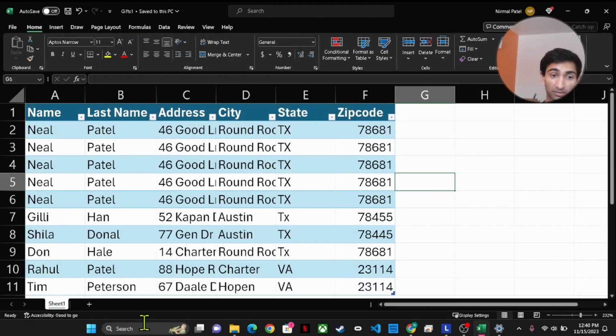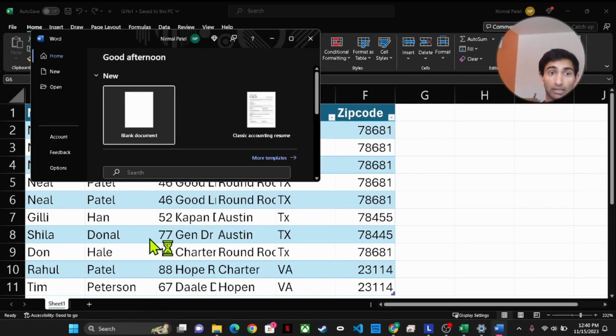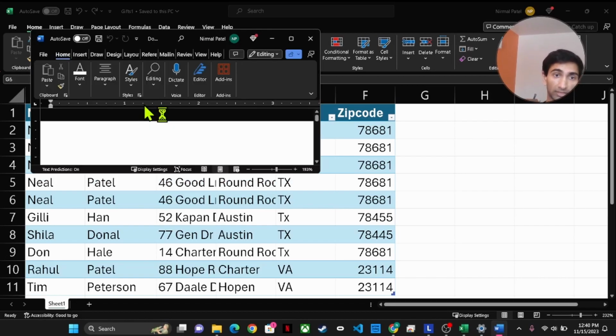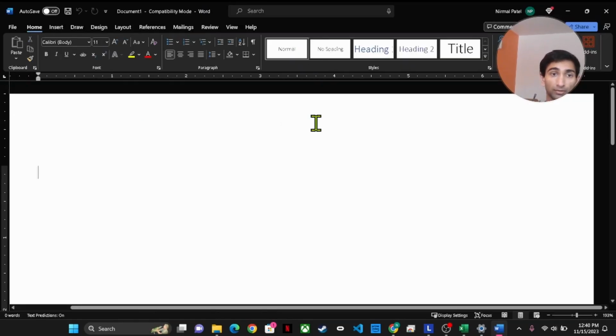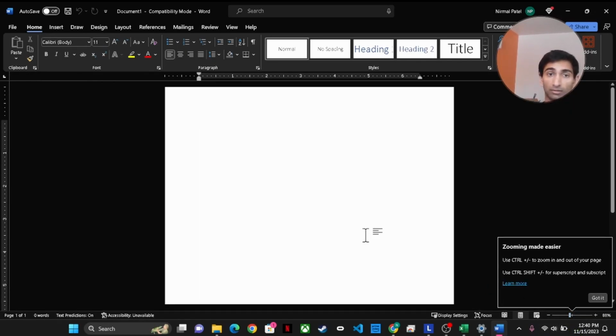When you open Word, it's usually going to show a blank document. There we go. This is your Word document, just a plain old simple blank document. After we open that, we're going to go to